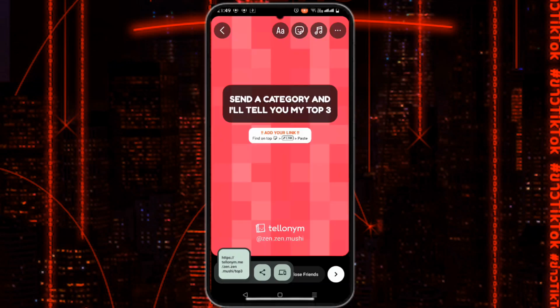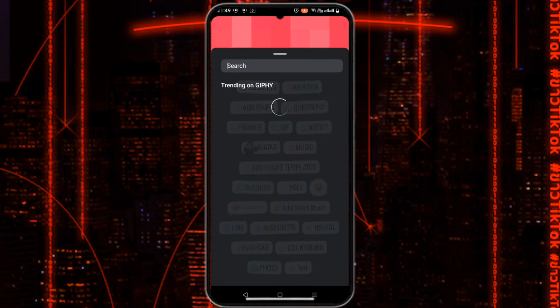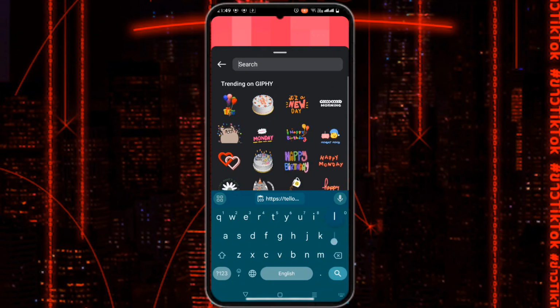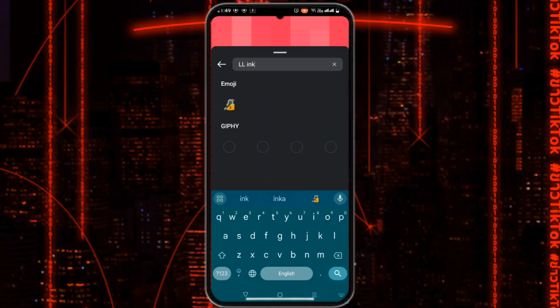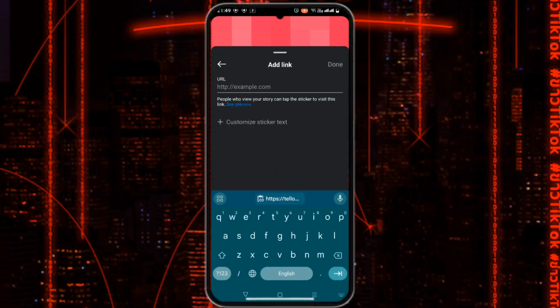After you click on the go to Instagram button, the Tellonym link will be automatically copied to your device, and then this story will be prepared for you. Now on this story, on the top of your screen, you'll see the sticker option. Go ahead and click on it. Once you click on the sticker option, type in LINK and click on the link sticker that appears and paste the automatically copied Tellonym link here, and then click on